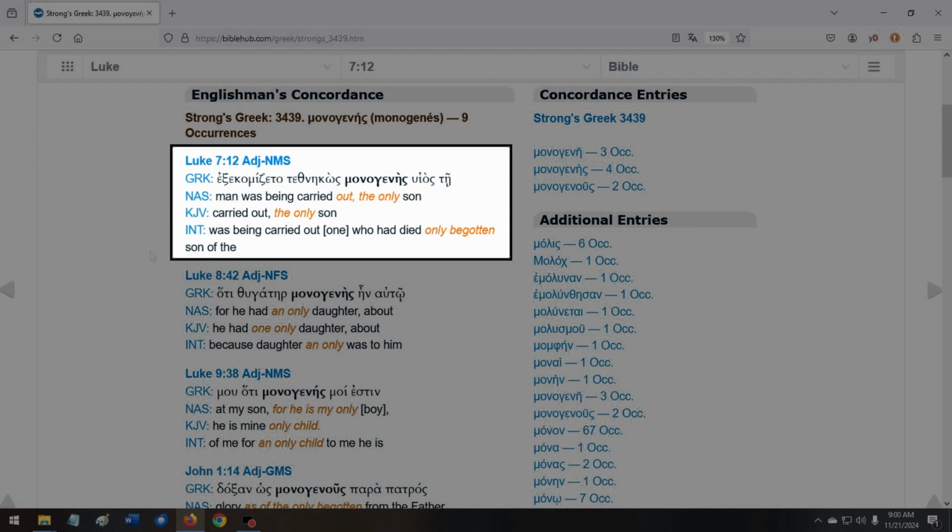The problem is that the English word begotten carries with it a nuance of a father's role in the procreation of his child. Now, this verse is not talking about the relationship of the son with his father, but rather with his mother. And so the word begotten, as we nuance it in the English language, is not applicable in this verse. So we can clearly see that an English translation of John 3:16, God gave his one and only son, is really a perfectly appropriate